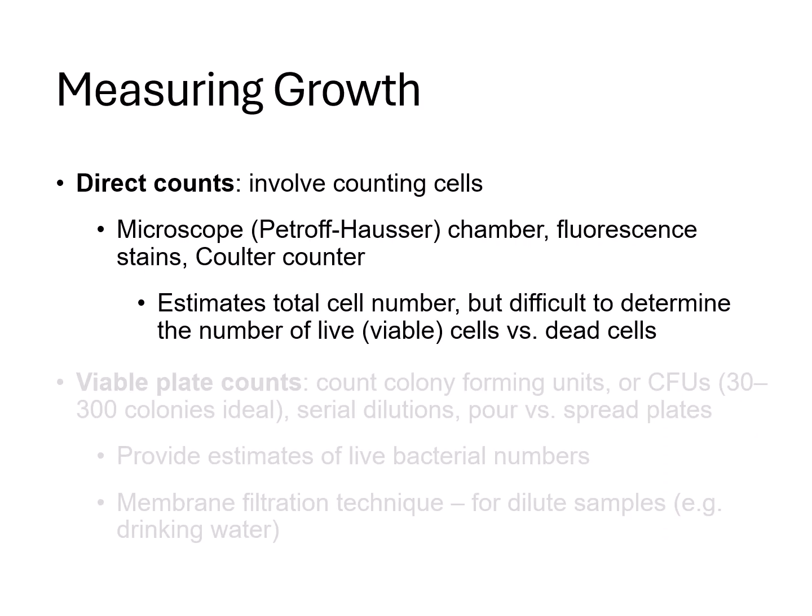So we can directly measure how many cells we have by counting cells. And we can directly count cells using a Petroff-Hauser chamber, which is like a hemocytometer for bacteria. We'll place a measured volume of cells under a cover slip and count cells in grid squares to estimate their cell density. But because not all counted cells are alive and you can't really tell the difference between a living and a dead cell under the microscope, we sometimes use fluorescent stains, where living cells will fluoresce green and dead